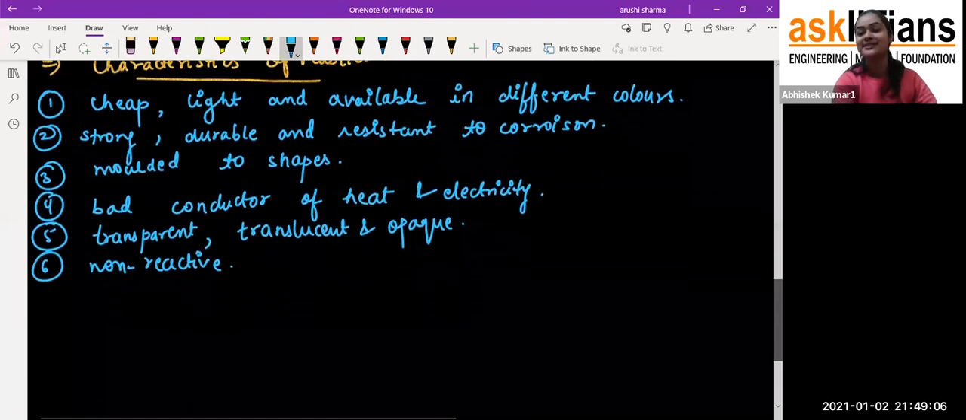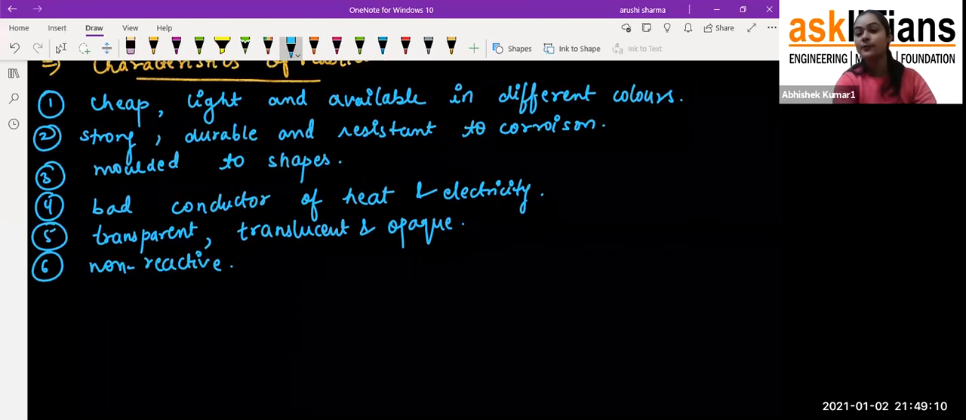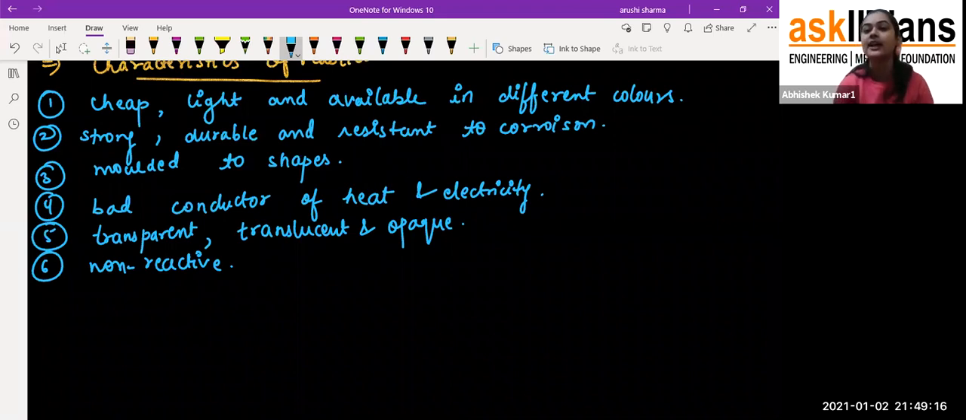It's not like you just have to read the points which I have written here. You can write the points from your mind also, which you think are correct for the plastic. Okay, students. But now the thing is that even though plastics have so many characteristics,